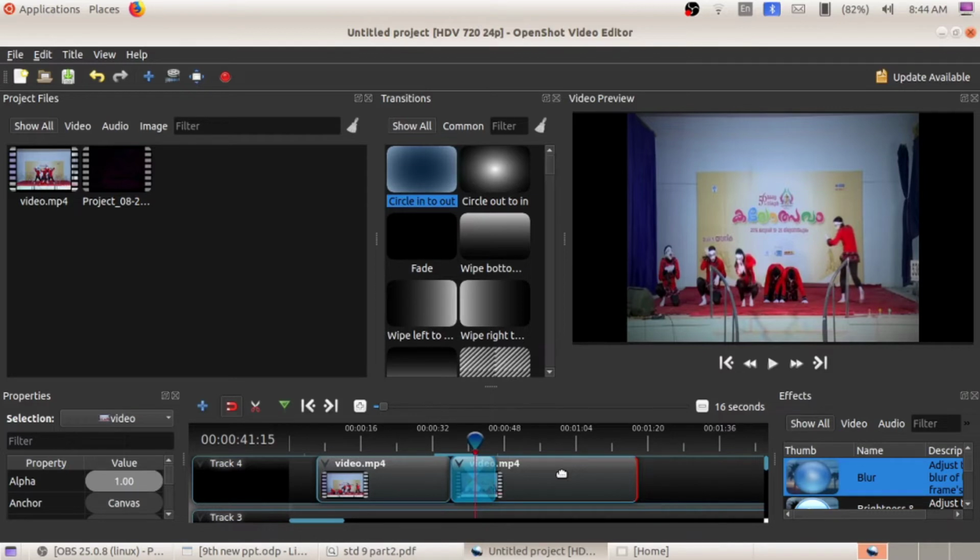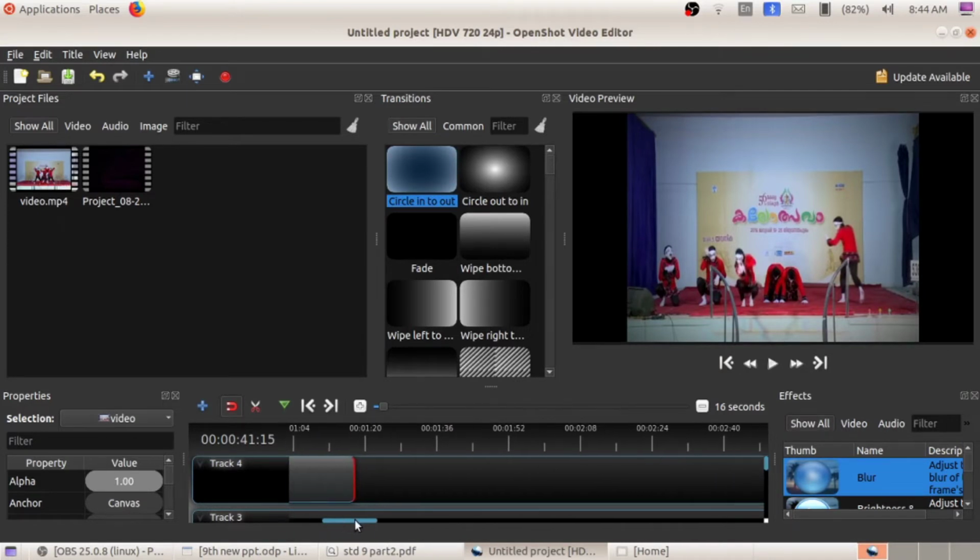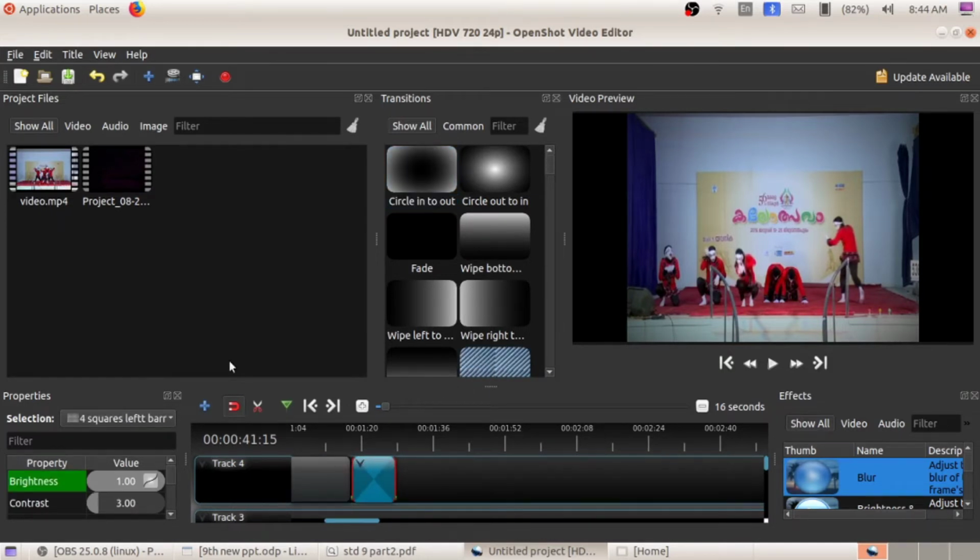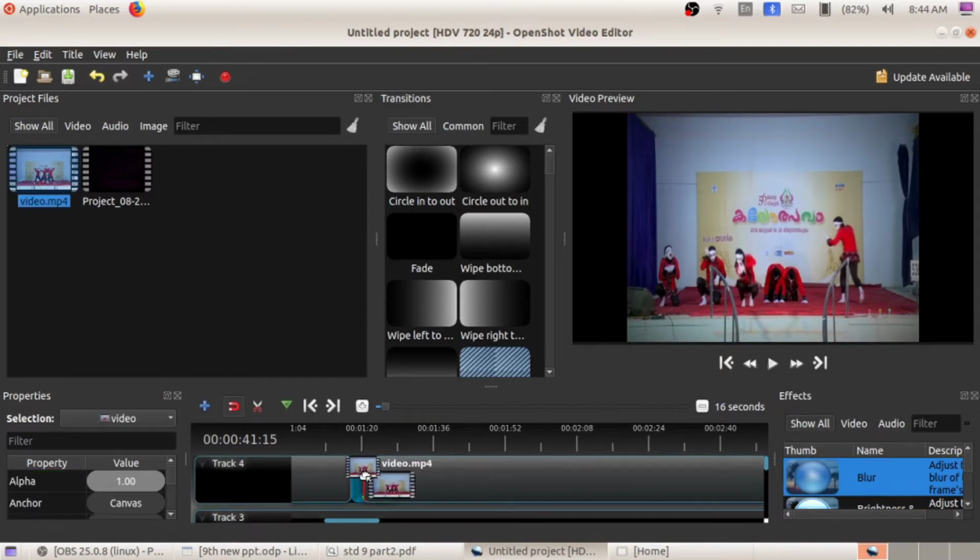So this is the first activity, applying transition. If you wish to add another transition, again I'm going to apply this particular transition. Simply drag this transition over here and then place the video above this transition. Place the video above the transition and then start playing the video.